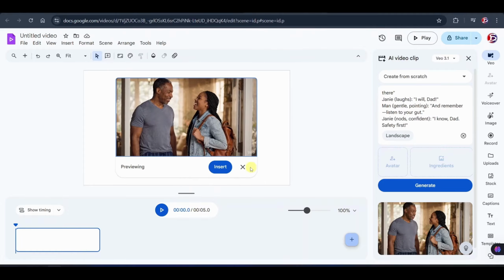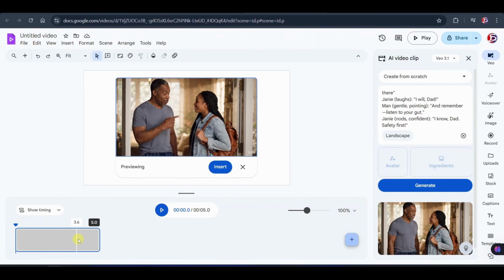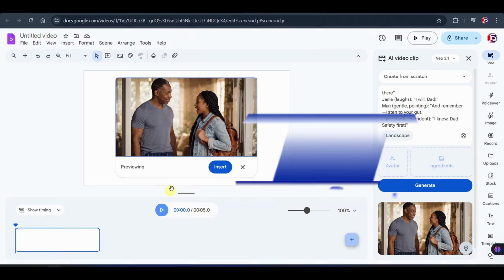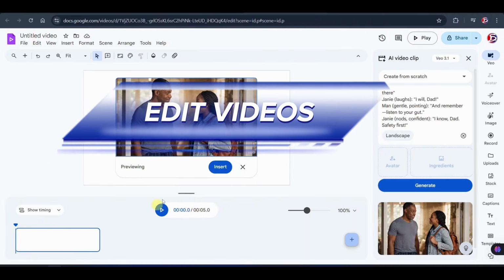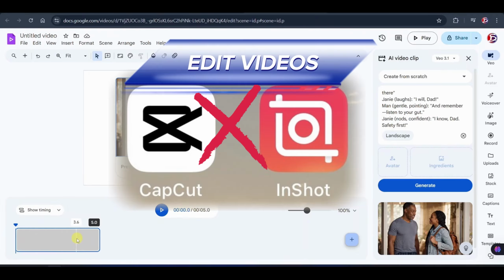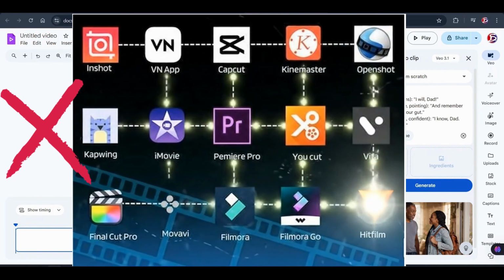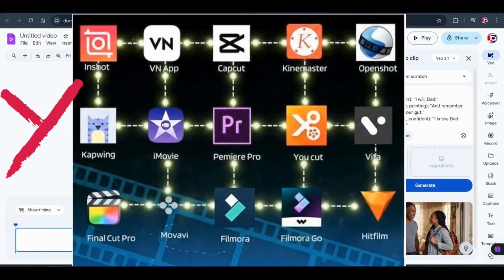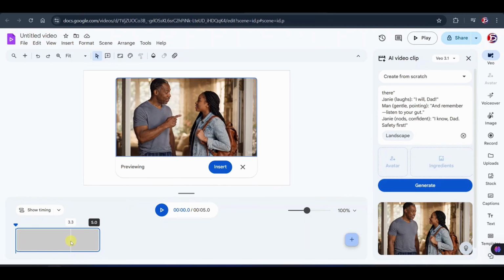Now, this is just the preview. It has not been added to the timeline. This is so amazing because this interface allows you to even edit your video. So you might not need CapCut, InShot, or any other video editing tool because this allows you to edit your videos to satisfaction on this